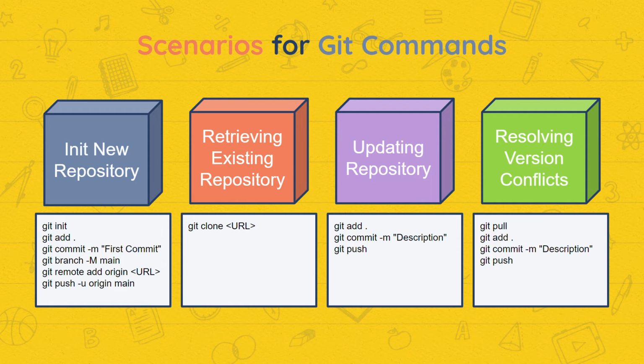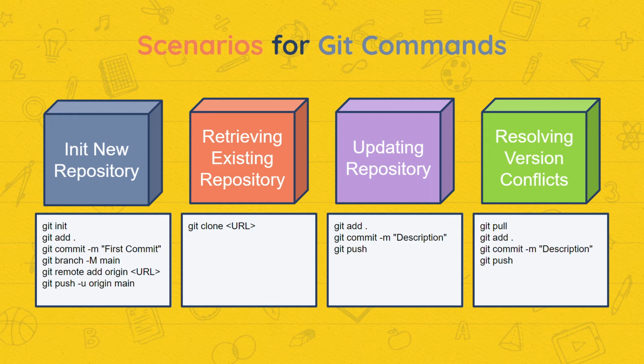So when they try to add and push, there will be a conflict message saying that they are working on the older version, and therefore you will need to git pull to take the latest copy from the